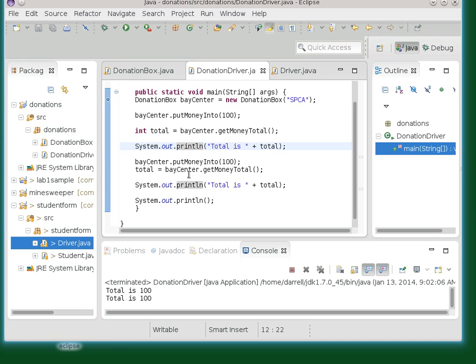And if you have, you put money into, if you have then one total equals base center get money total, would that update the three that you put before? Let's say you put money into 3 times without putting get money total. The next one, like,